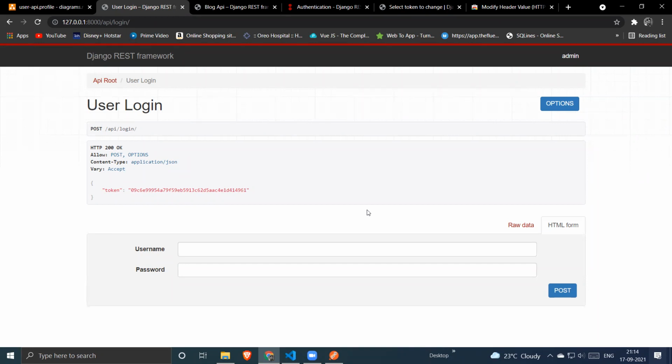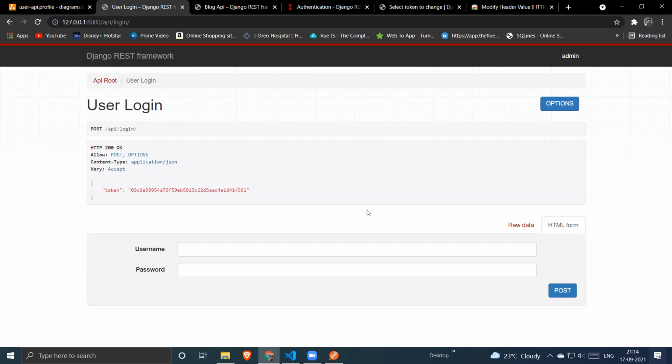API view sets if only CRUD operations are needed. If it involves more than one model or something complex, then we will go with API view. And if you have to perform all four operations, then model view set; if any two or a single operation, then API view sets. Right. Okay, good.